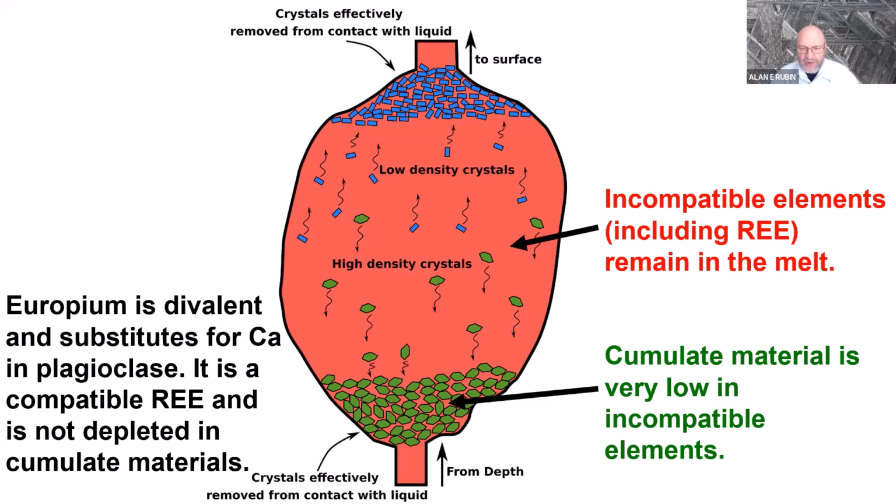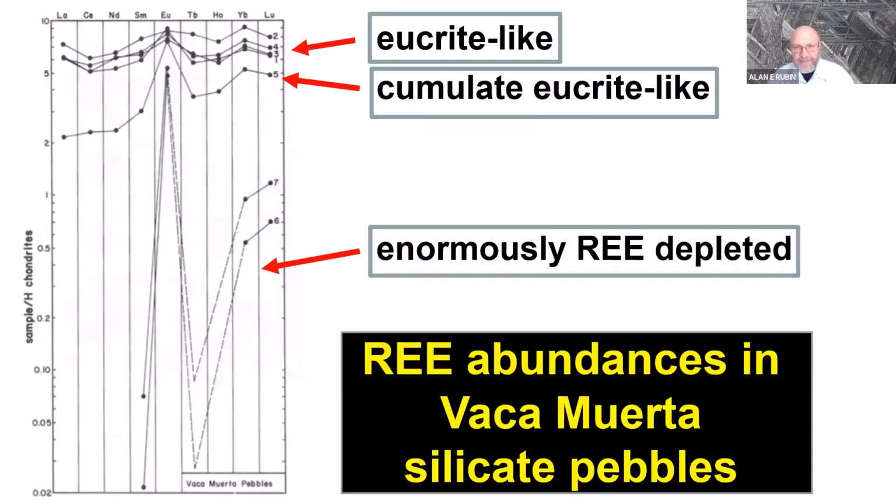The rare earths are generally trivalent and remain in the liquid, but europium is divalent, has a +2 valence. It substitutes for calcium in plagioclase. It's therefore compatible and goes into the plagioclase crystals, and is not depleted in the cumulate material if the cumulate material contains plagioclase. So if we look at the rare earth element abundances in Vaca Muerta silicate pebbles in this paper here,